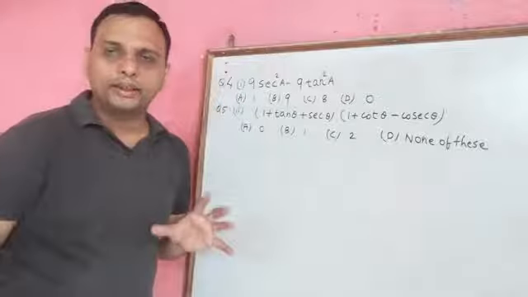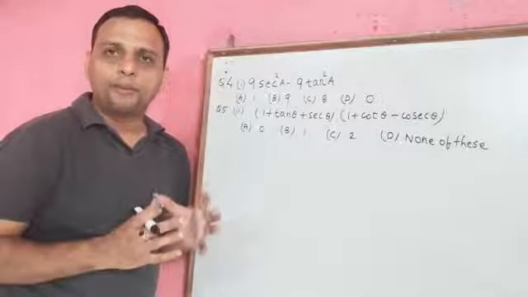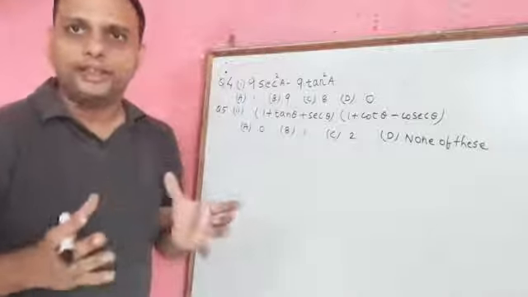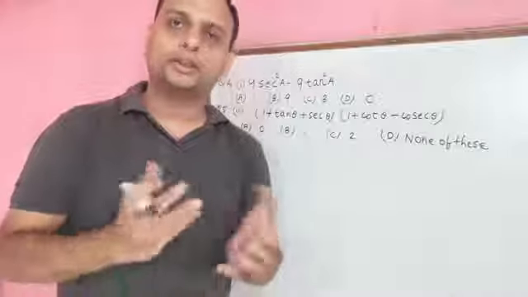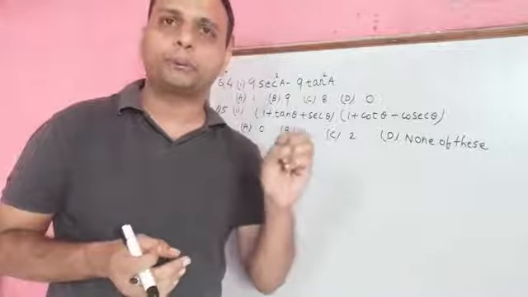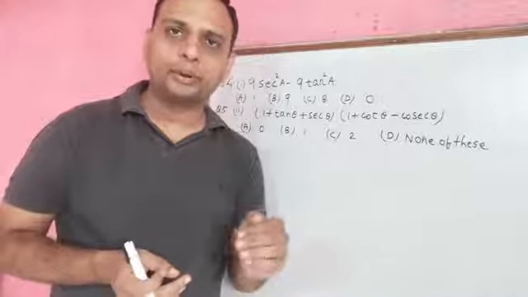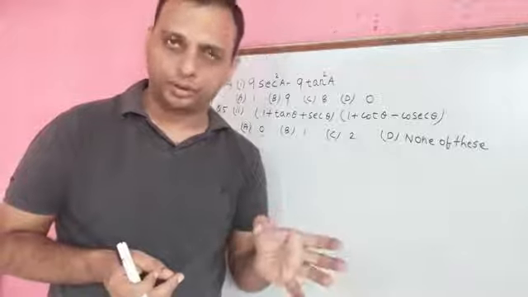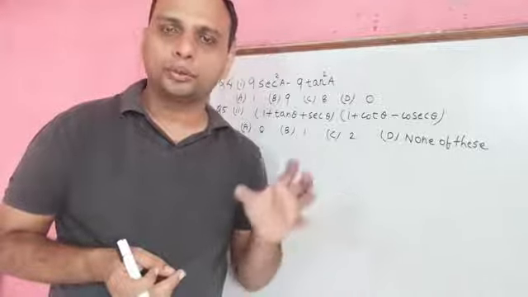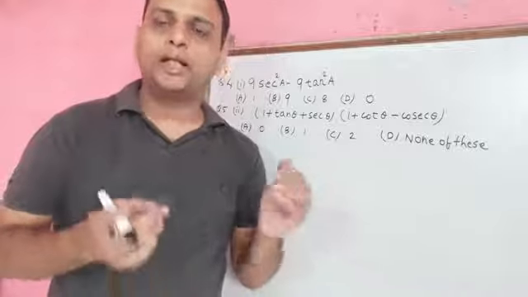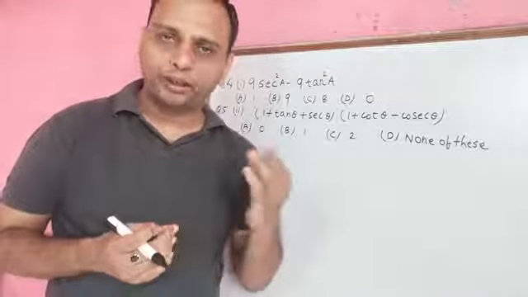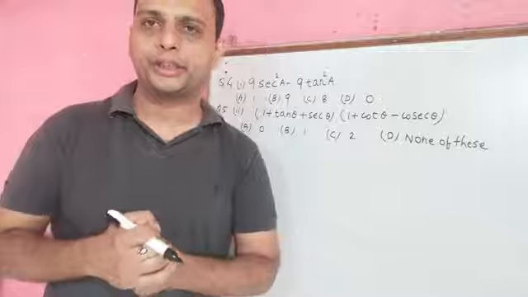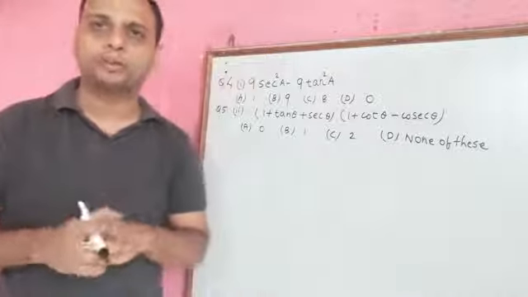So what is the method for this trigonometric question? First try to apply the identity. If you are able to apply the identity, it's much better. If in the question you are not able to apply the identity, then what next step will you do? Then we'll try to convert the question in the form of sin and cos. After we convert to sin and cos, then we'll take the LCM or we'll do the rationalization. So by this method we will solve the question.